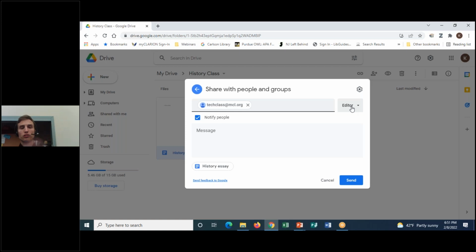Okay, so we've established who we're sharing it with. We've established their level of access or permission. Underneath, you can also give them a message. You don't have to, but you can. So everything you see here is going to be sent to them as an email. Okay, so if you want to put a message into that email, I'll type in "check this out"